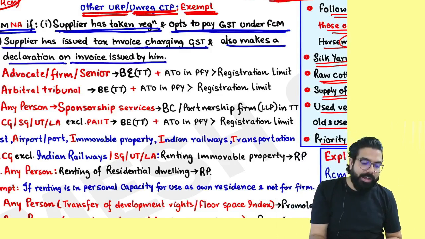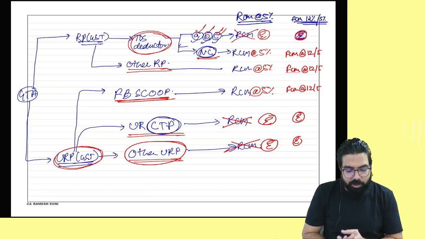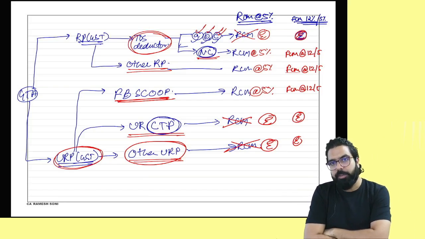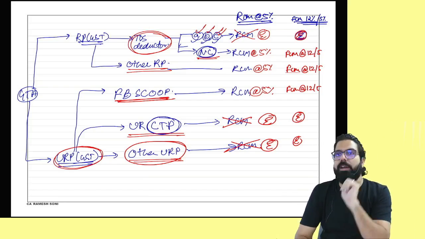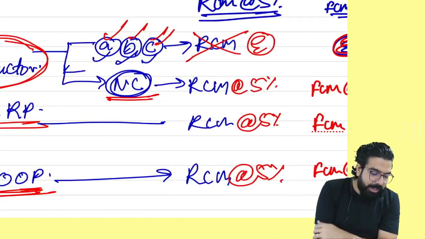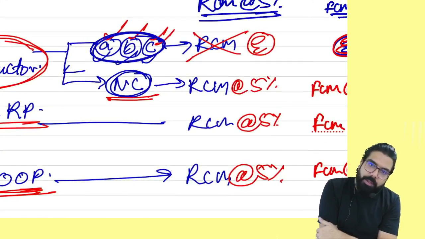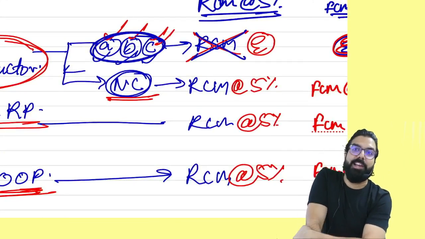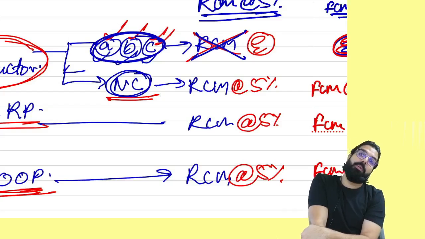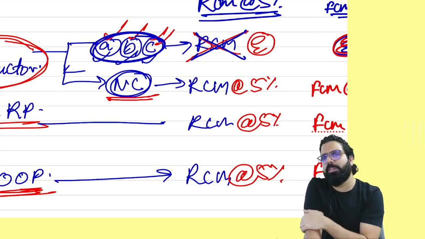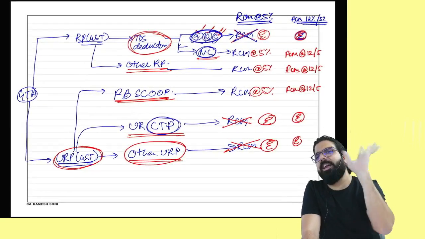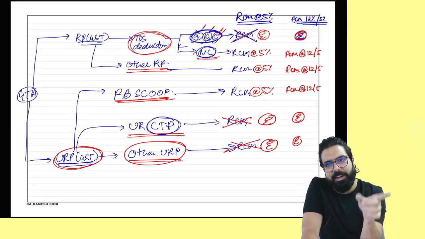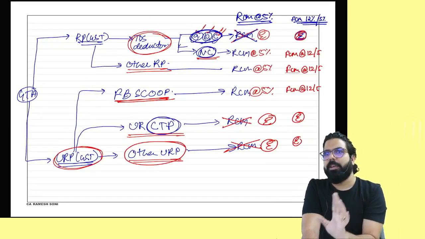Chalo, I'll go ahead and ask you. Everyone over here, I want to ask you like this. GTA gave the services to a TDS deductor. Actually, in TDS deductor there are 4 categories. The first 3 categories, what will happen? Exemption. But they will not ask you so much in detail, saying notified category, normal TDS deductor, etc. So you can remember one thing, that in the TDS deductor case it is exempt. Actually, if it is notified category should pay GST under RCM. Can we go ahead, everyone?